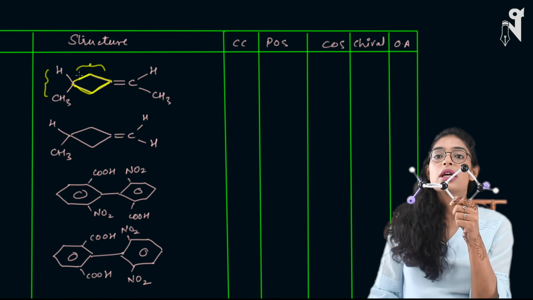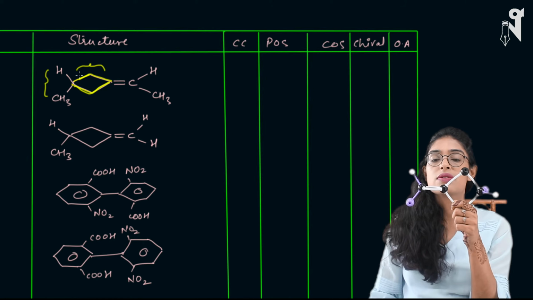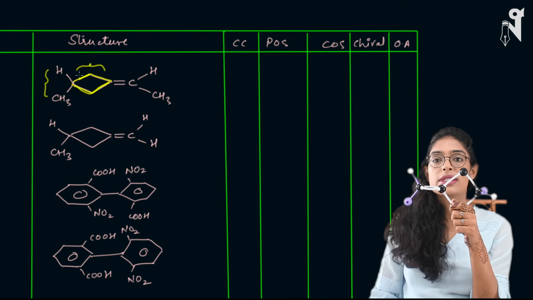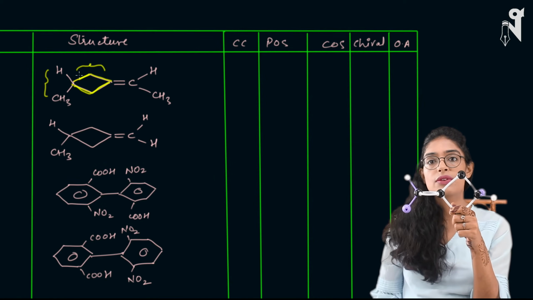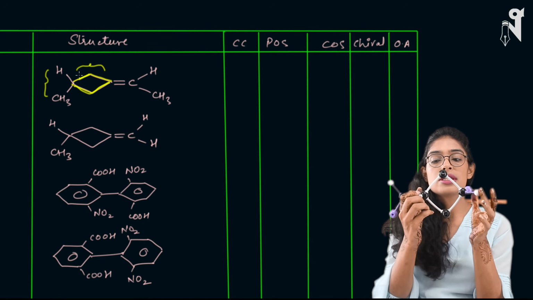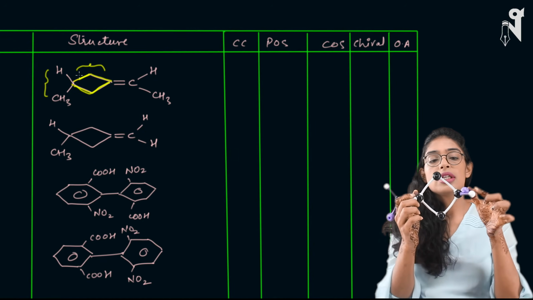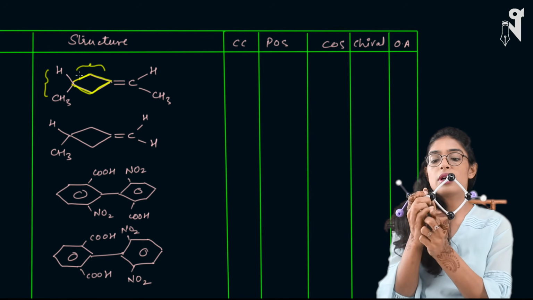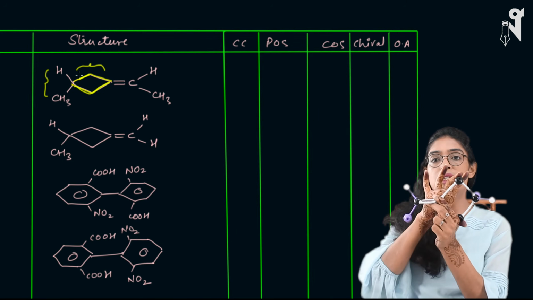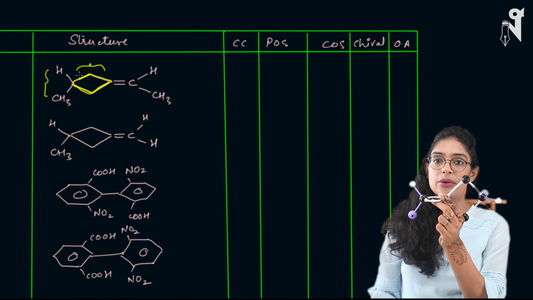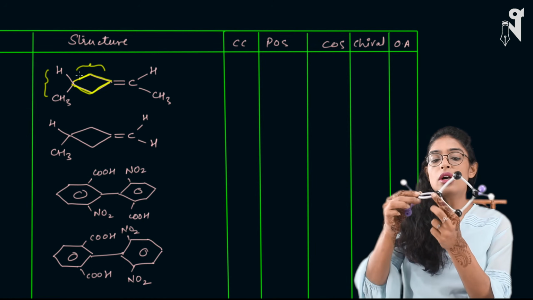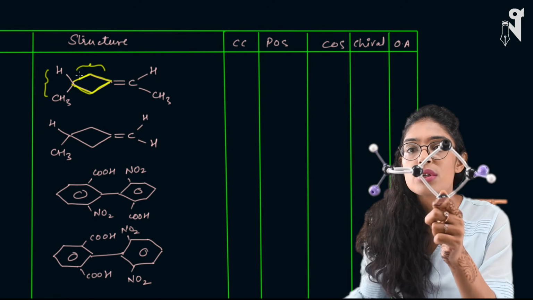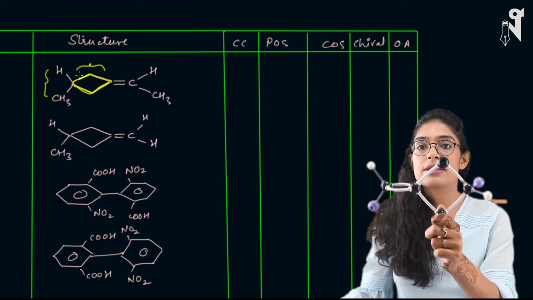I'm not going into much depth and detail because we have done a lot of cases for the same, and at that time I explained how exactly you have to figure out the plane, and whether the groups are in the same plane or a different plane. These two bonds will be in the same plane as the pi bond, and these two bonds will be in the same plane as the cyclic ring. Even if you had not understood it in geometrical isomerism, at least now you can visualize it much better. Please try to visualize.